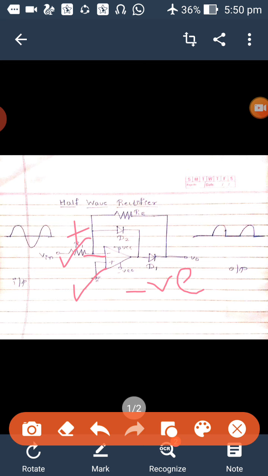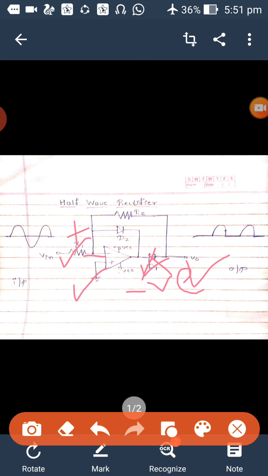If I give this negative voltage to the diode, you will know the diode polarities. This will be the anode, this will be the cathode. So, if negative is given to this D1, D1 will be off. This same voltage is given to D2. If a negative is given to D2, D2 will be on now. D1 is off, which means it will be like an open circuit, and I will not get any output voltage.